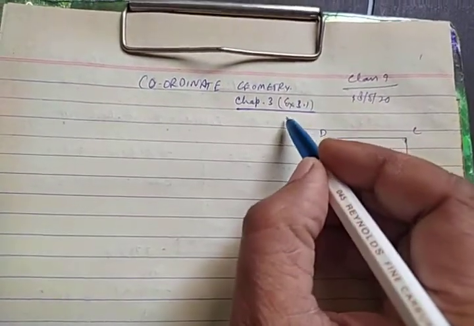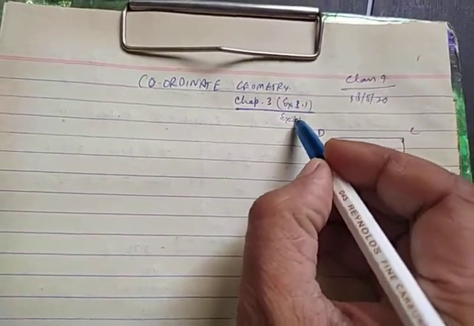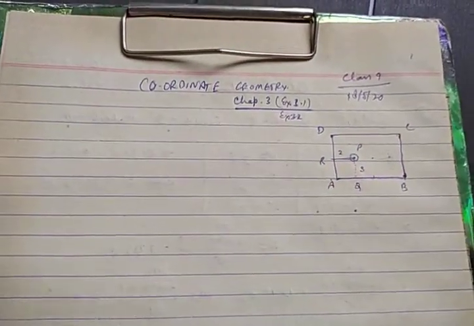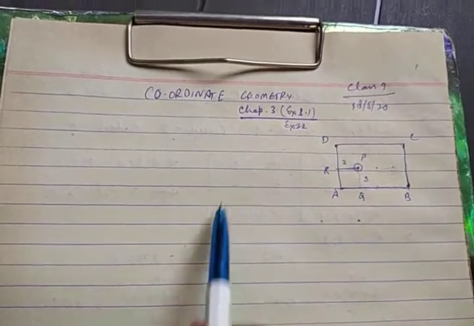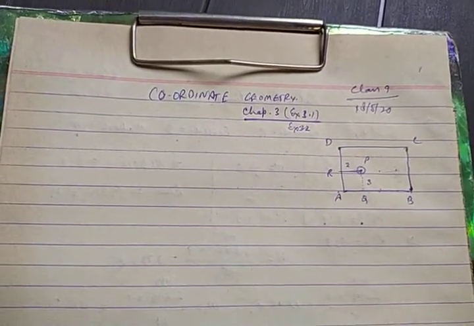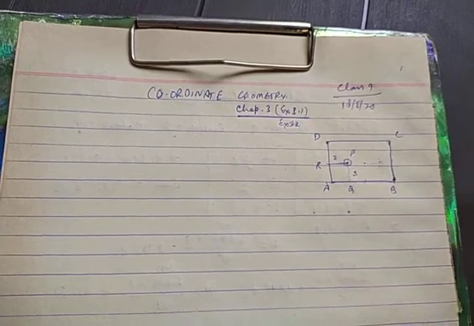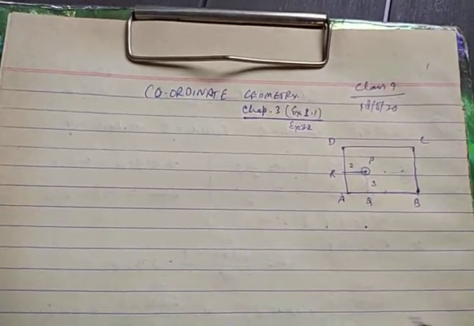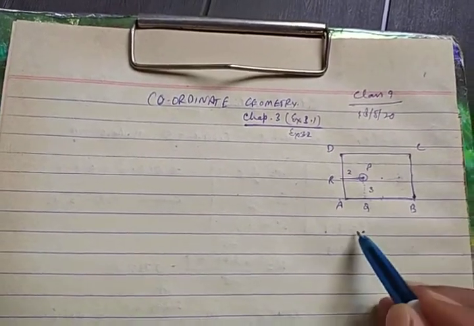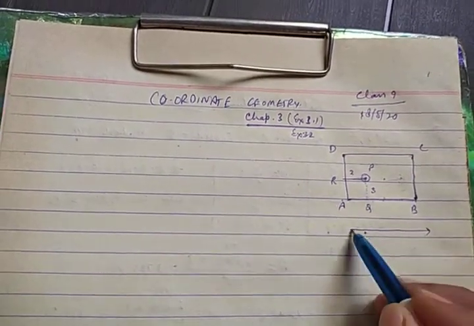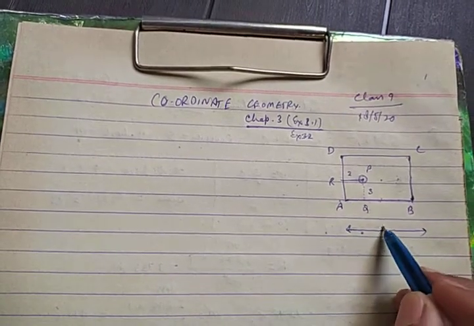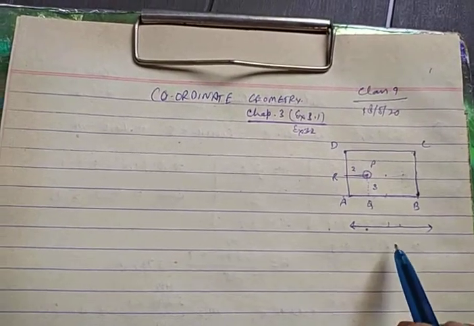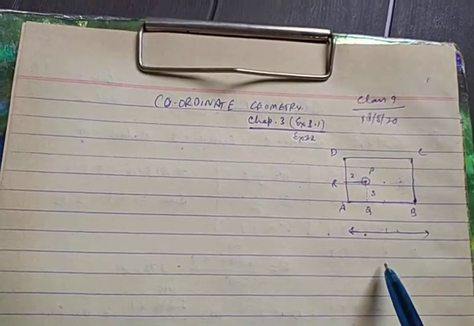Then moving ahead, today I will also discuss exercise 3.2, because these are two little exercises, in only a conceptual approach. Now you have read about the number line in previous chapters. A number line is a straight line like this, stretching both sides up to infinity, taking a point at 0 and 1, 2, etc. If you draw two number lines perpendicular to each other,